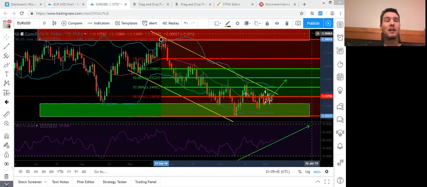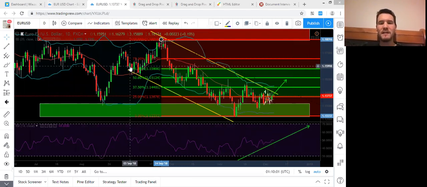All right, so let's take a look. We're looking at Euro USD. Now, we've already looked at Euro USD for the weekly outlook on Sunday. Okay, so we already looked at this. However, I want you all to pay attention to something that's going on right now. Okay, if you really take a look at the daily chart for Euro USD,